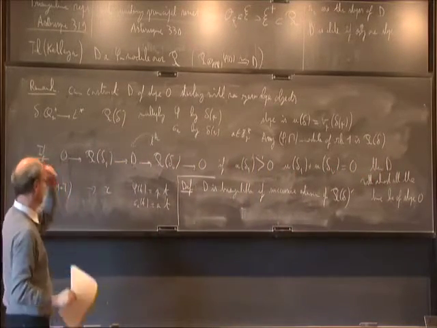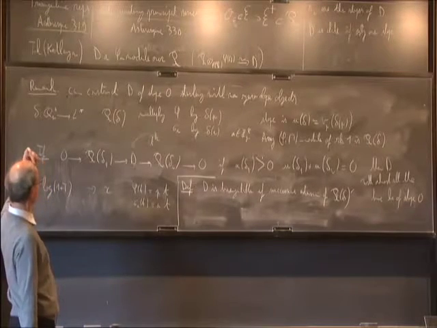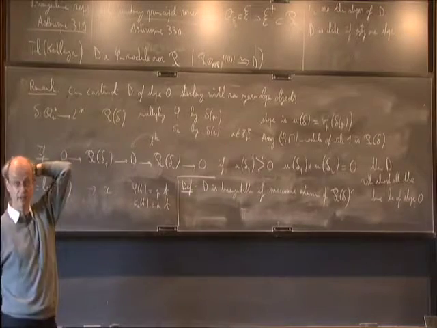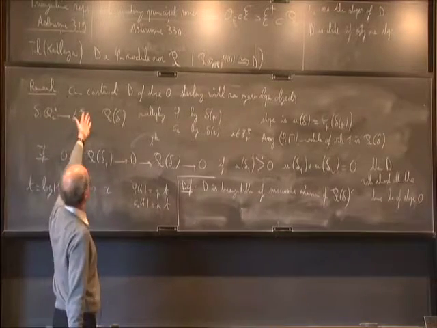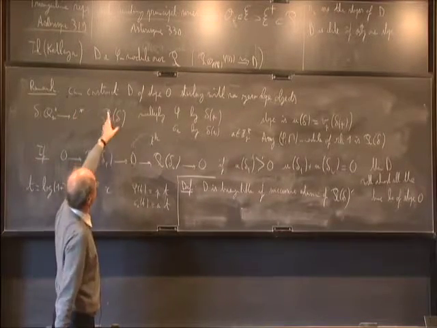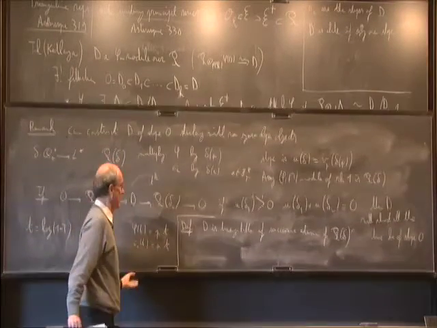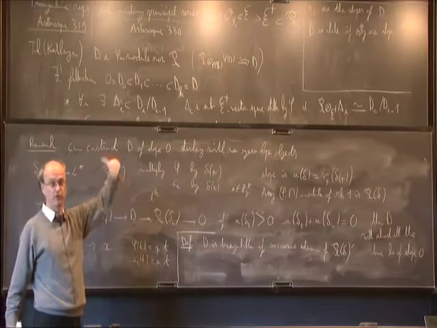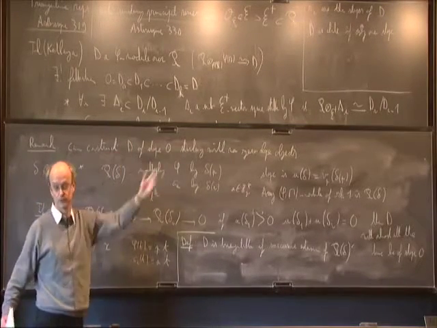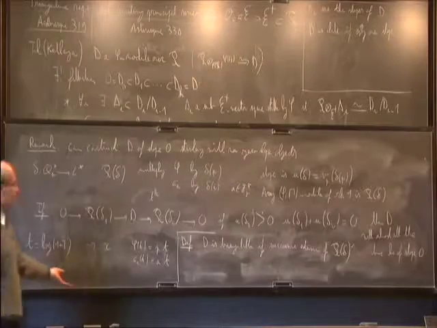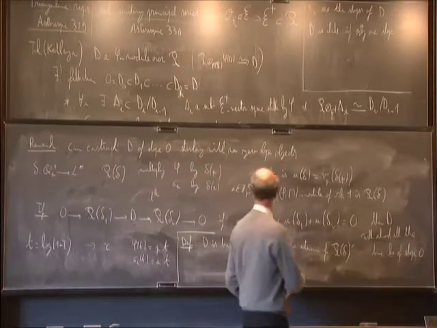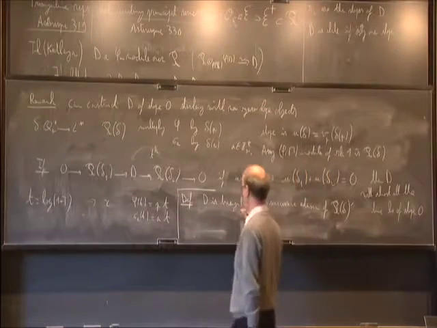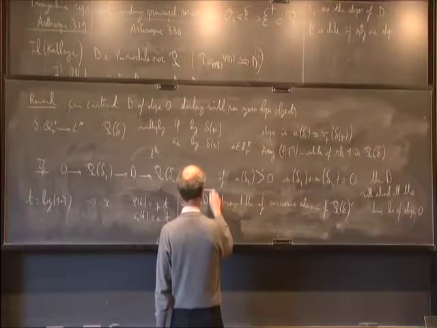Well, I could not prove it directly, but you can go back to Fontaine's equivalence of categories. You can always twist it so that it has slope 0, and if it has slope 0, it corresponds to a Galois representation. So you say that D is triangulable if it is a successive extension of R of delta. So this is a phi-gamma module